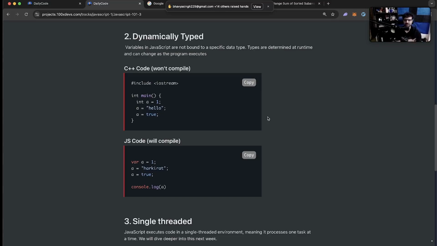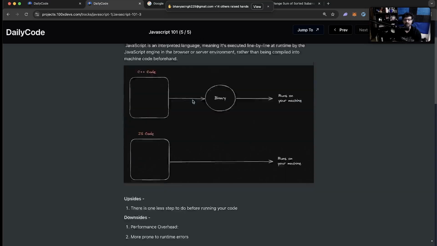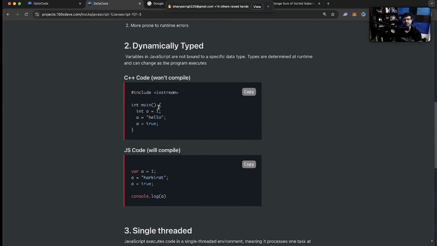in variables. For example, this Daily Code website has a title over here, JavaScript 5x5. This title is stored as a variable in a web server, let's say, in a Node.js server. That code looks something like this. If you've ever written C++ code, this is very basic C++ code. We define int a equal to 1.